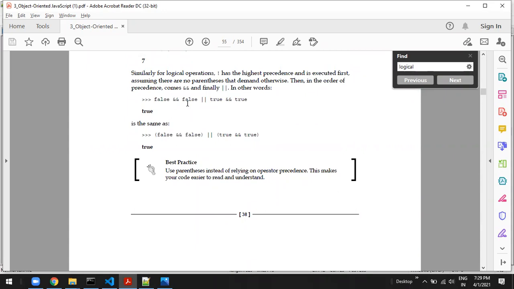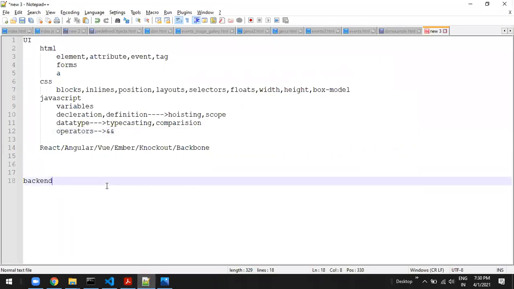You should know, for example, false and false, or true and true. What will be the result? Which operator will take the higher precedence? You should know all these things. Maybe it takes time, but it will release me very soon, because once I start React and start building applications and assignments, if you don't have clarity on all these operators, then it's biscuit pe biscuit, sometimes cream biscuit also. So be ready for that.